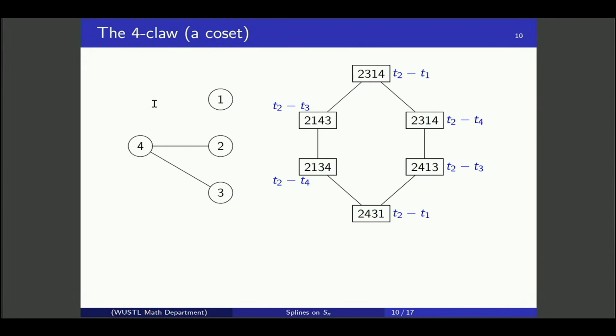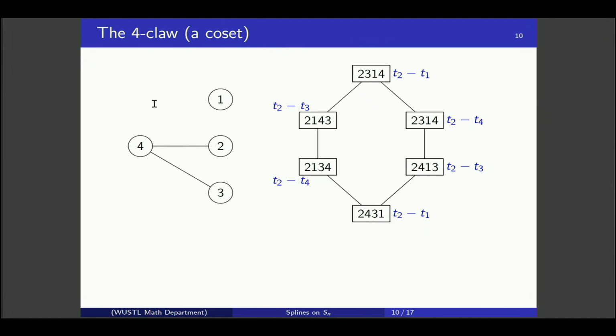Over on the right, on the bottom for 2 4 1 3, we can't switch 2 and 3, so I'm going to hit it with a T2 minus a T3. And I'm going to kind of define by example, but I would posit, if you have a coset of a reflection subgroup,